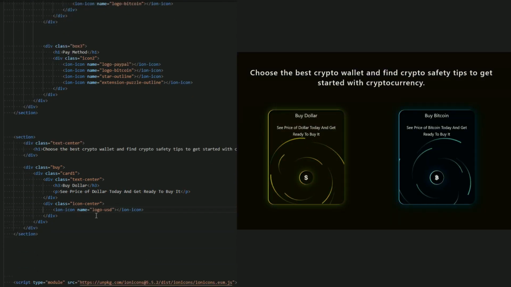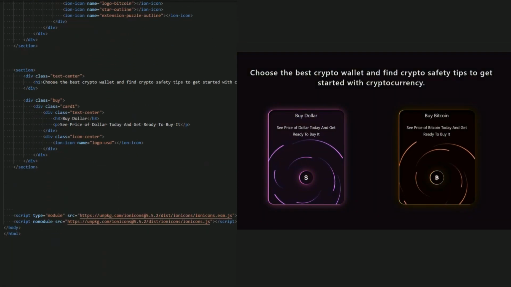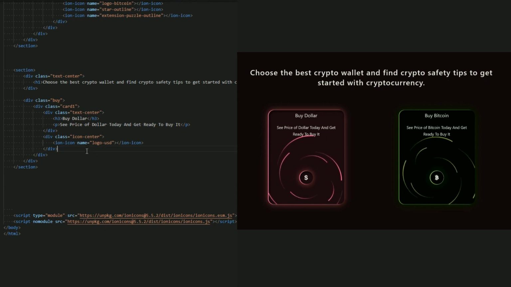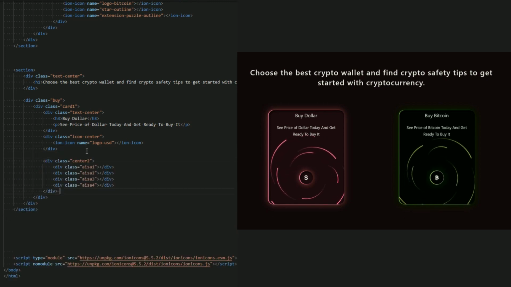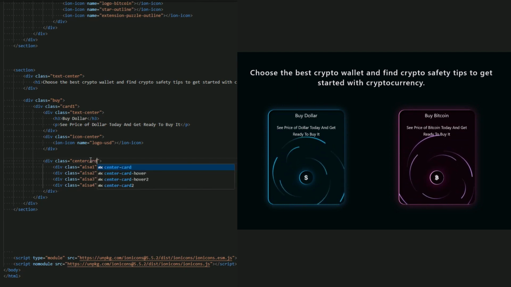Okay, this is a card 1, and now let me create this arrow, copy and paste it, which is the same style, just change this real box, which is a center, to another name, and add a different style inside it. Let me add it here after this center, and let me add a new name inside this center. Let me just name it center card.